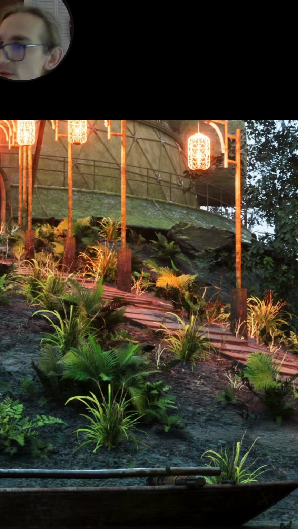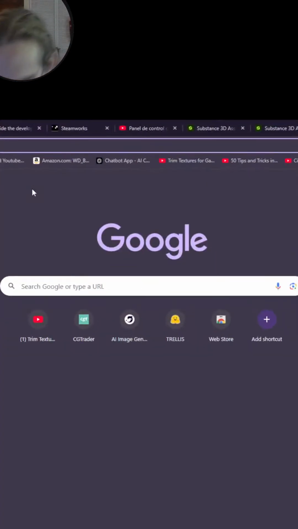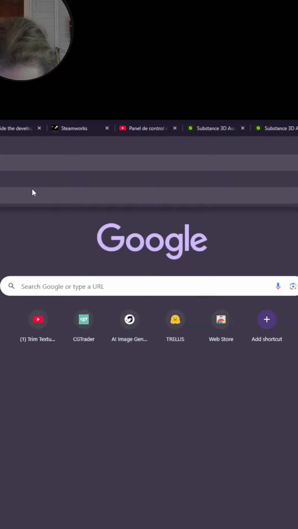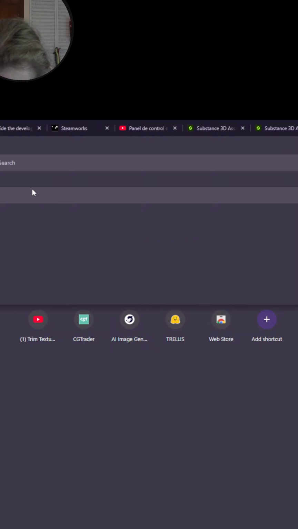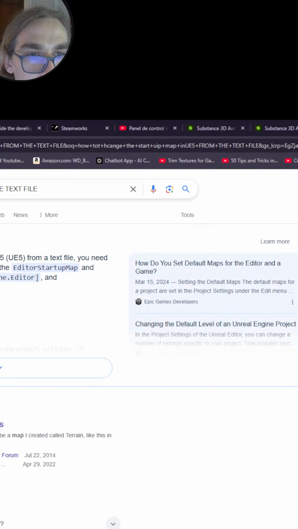So I need to just look how to change the startup map in Unreal Engine 5 from the text file. Project.ini file, specifically the editor start map and game default map settings, in the engine editor and engine game sections respectively. Okay, so we need to go to the project.ini and see if we can change that up,